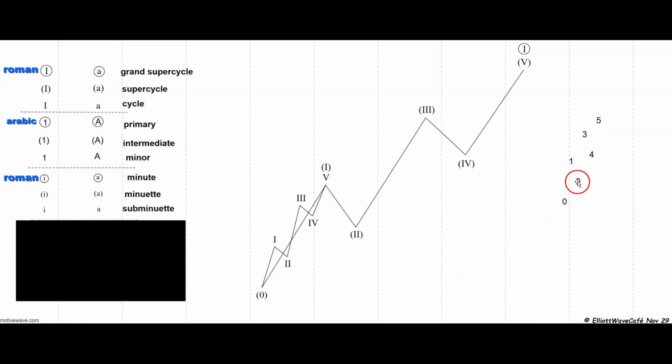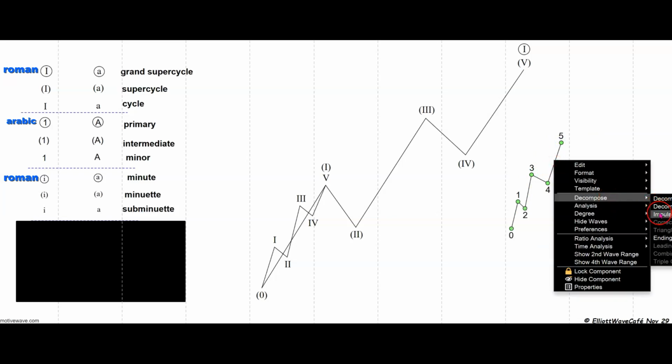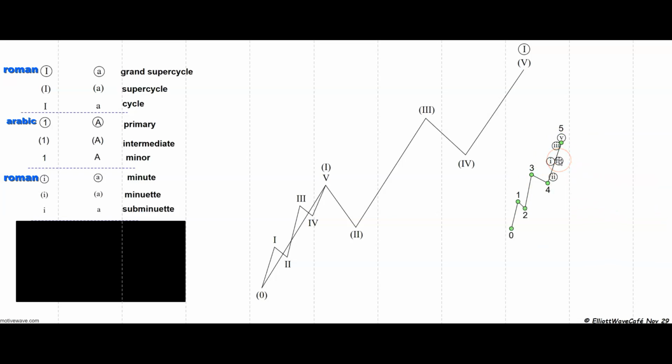We're now going to remove this, so we're looking at this, which is the minor, right? And then we're going to go in the minor and decompose this as an impulse. So right in there, right? Don't mind, I hope wave 3 is not the smallest. Don't come at me with that. But right there, minute, and the software actually tells you already. That's the minute. And then if I'm decomposing this guy, then we're going to get the minuet, and so